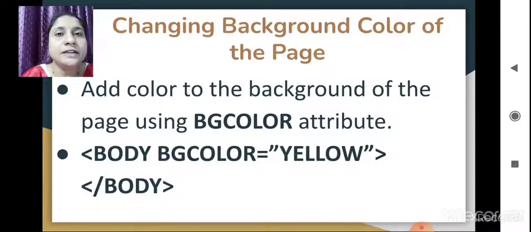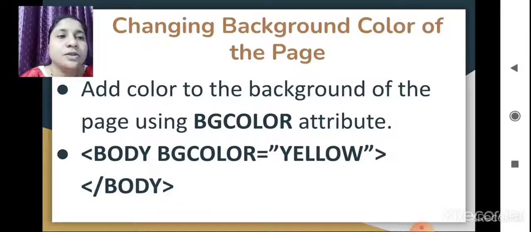You can write the color name, or you can write a hexadecimal value also. And you have to close that tag. So with the help of this BG color, you can change the background color of your web page. Got it? How to change the background color of the page?